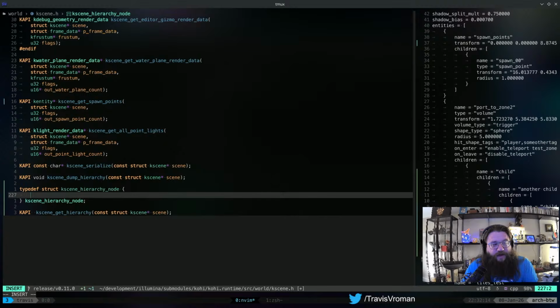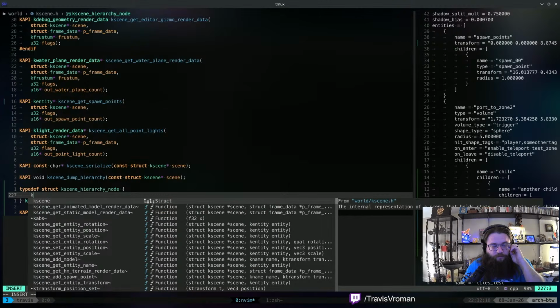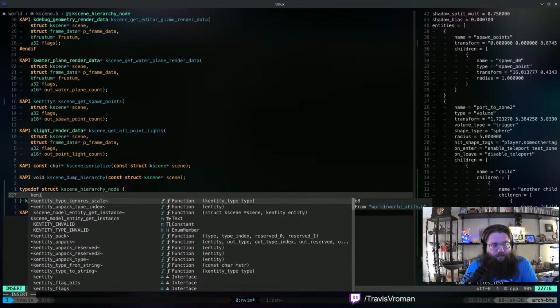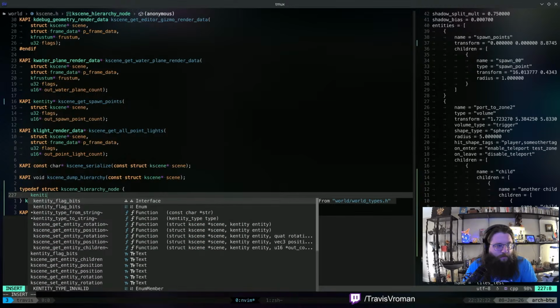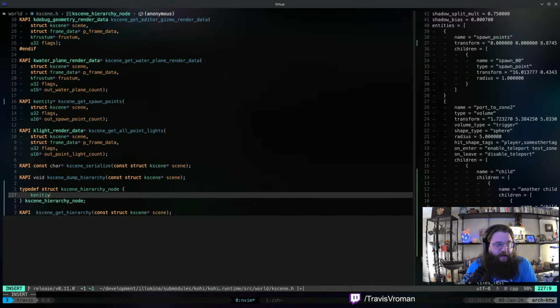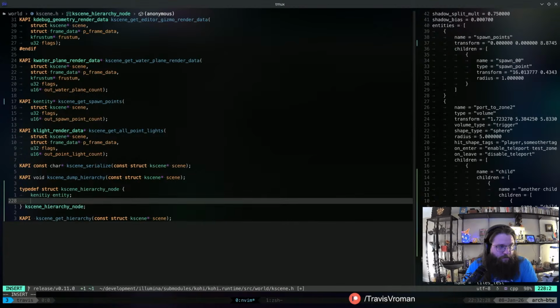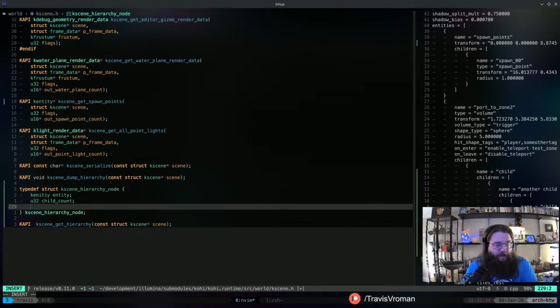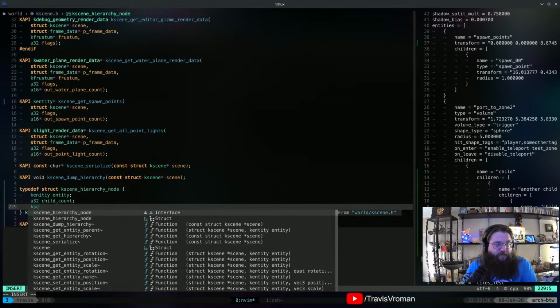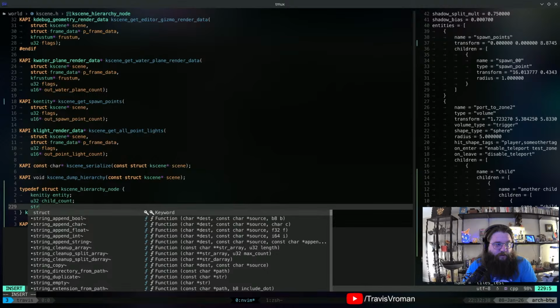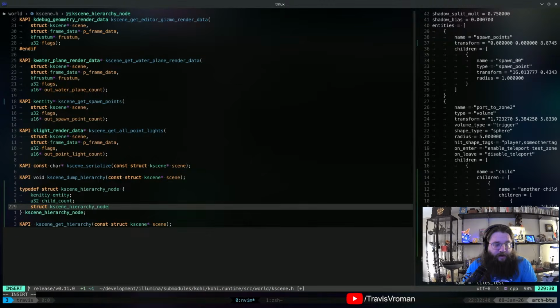And so that's going to include, at least for now, a k entity and a U32 child counts and a k-scene hierarchy node children.